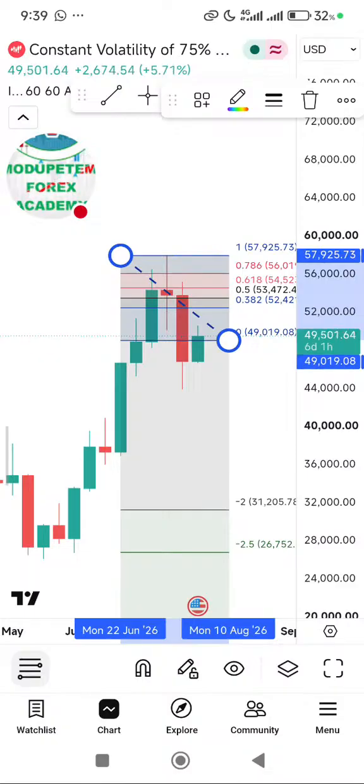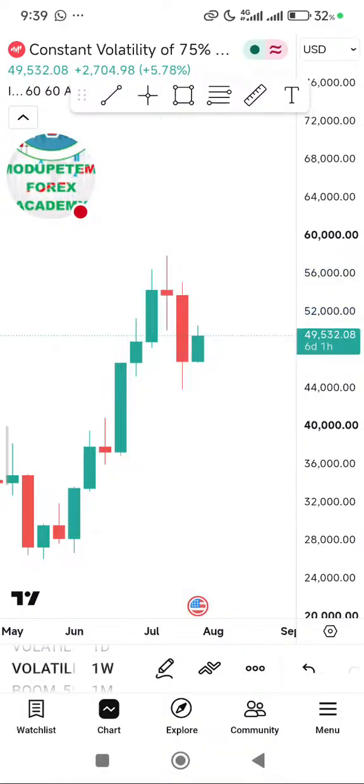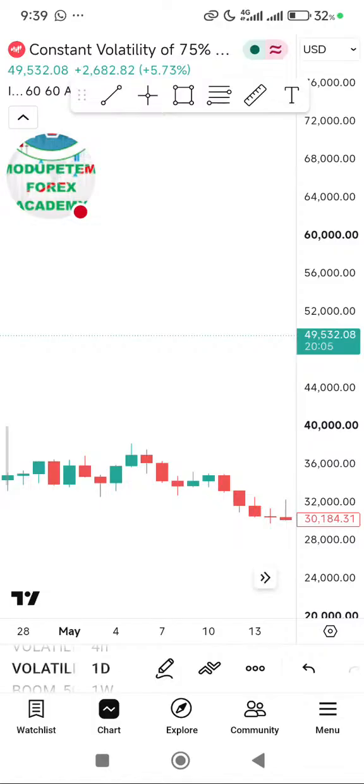Now, the 2.5 retracement that I'm expecting on this particular market, obviously, I know we are still very far from it. So I know we are bearish. From the weekly time frame, I've ascertained my bias to be a bearish week. So I'll go down to my daily time frame.